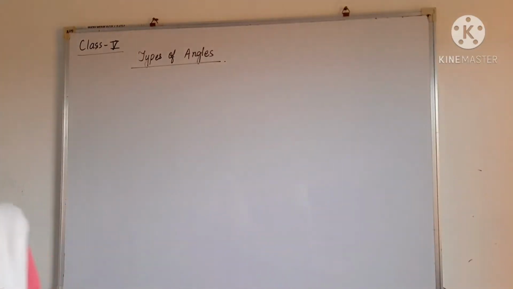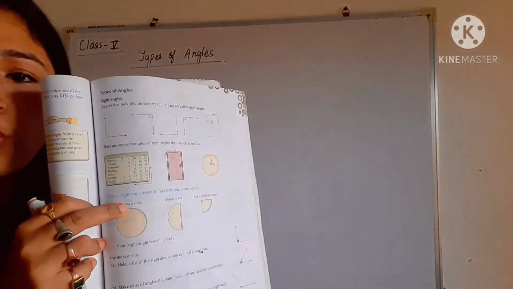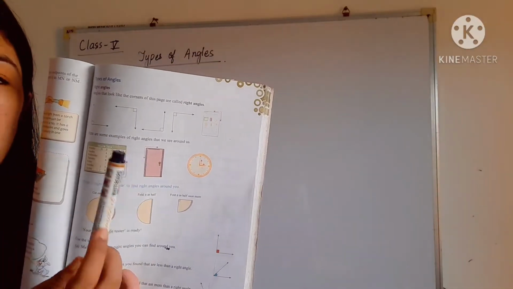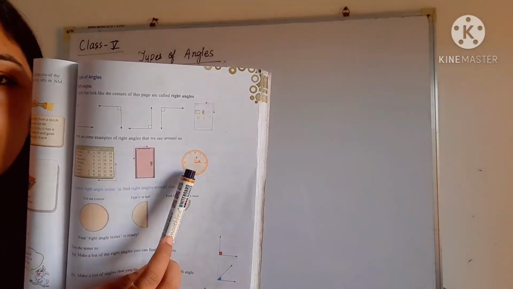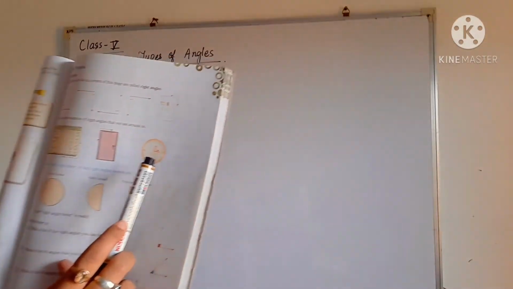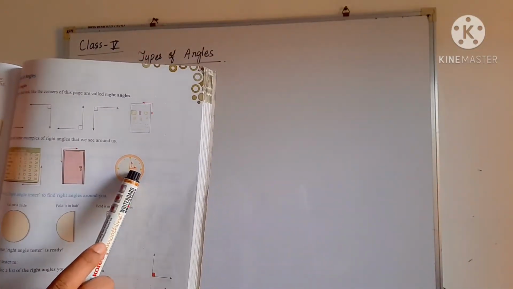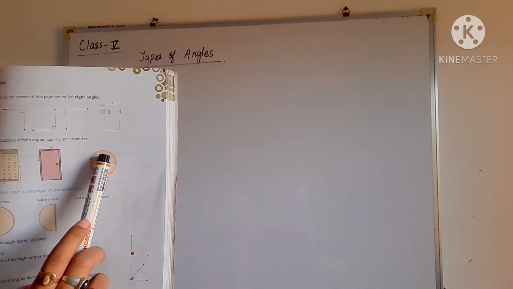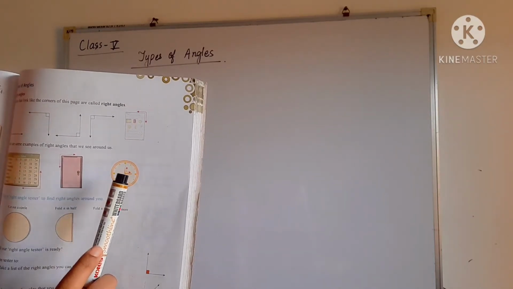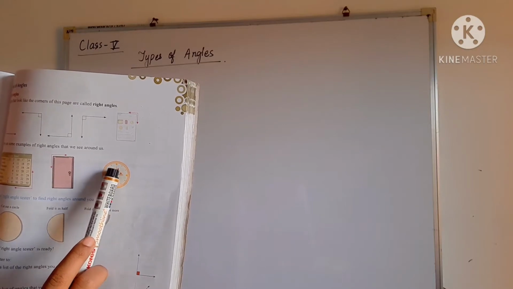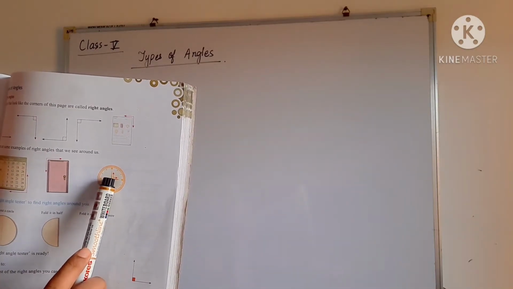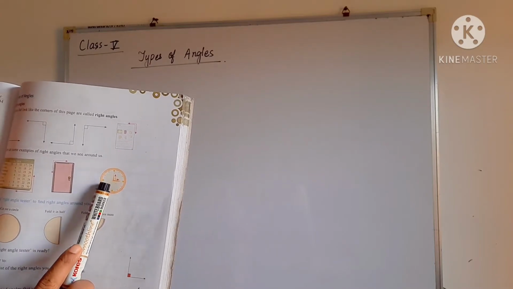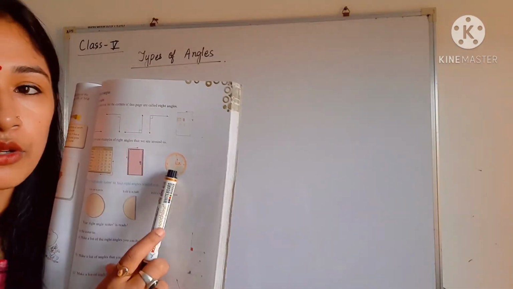So students, I am giving you one example here. In the book you can see there are many examples given. Like the door, or you can draw a window also. This is a clock, and it is 3 o'clock. You can see the hands are forming a right angle. Like that, if it is 9 o'clock, then also it will make a right angle. You can draw on a plain paper and send it to me.